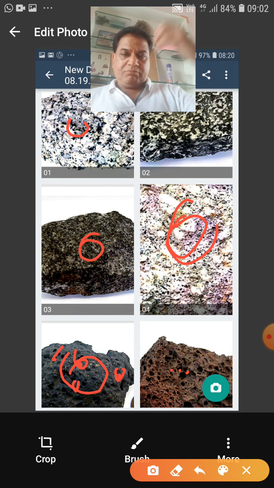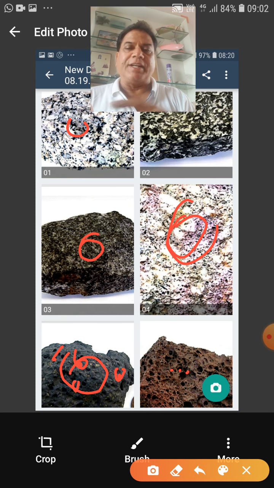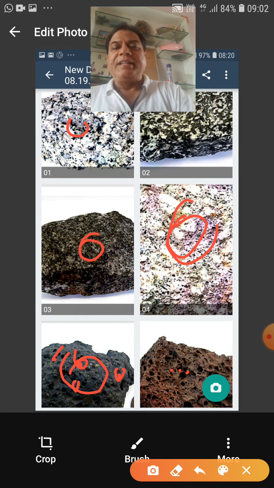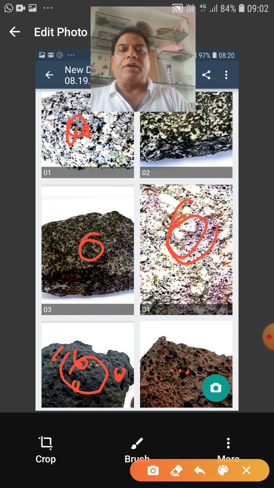Similarly, there are gabbro porphyry, porphyritic gabbro, porphyritic basalt, basalt porphyry, like this. So these again are textural variants. Now in this rock, for example the granite, this is coarse grained and has a hypidiomorphic texture. Suppose there is another rock which has this coarse grained and hypidiomorphic texture, but as far as mineral composition is concerned, if it is quartz and orthoclase, it is granite. But if you identify the feldspar as plagioclase, then it will be granodiorite.